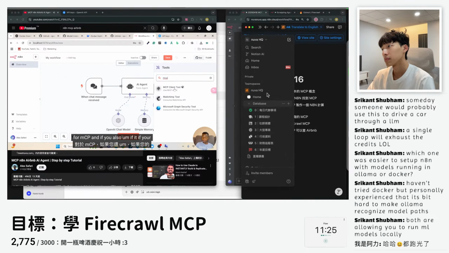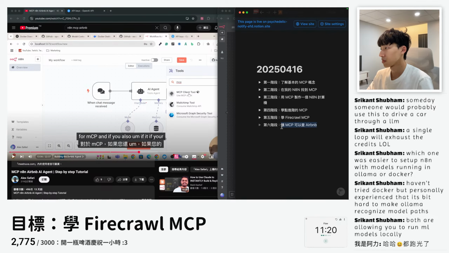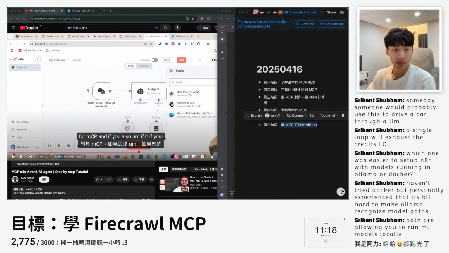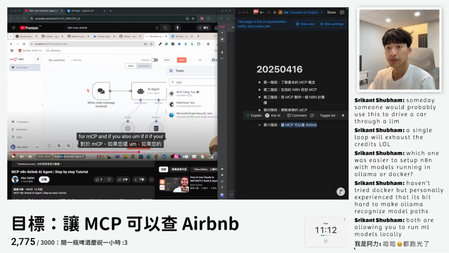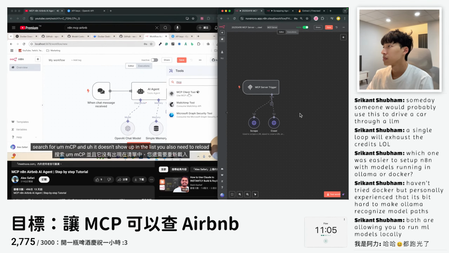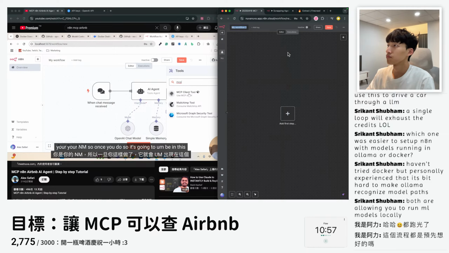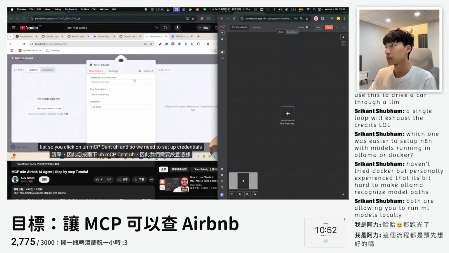And if your workflow didn't bring up errors initially, and you search for MCP and it doesn't show up in the list, you also need to reload your N8N. So once you do so, it's going to be in this list. So you click on MCP client, and so we need to set up credentials.